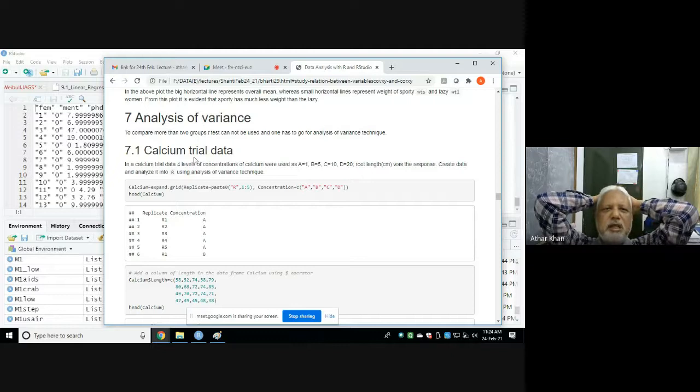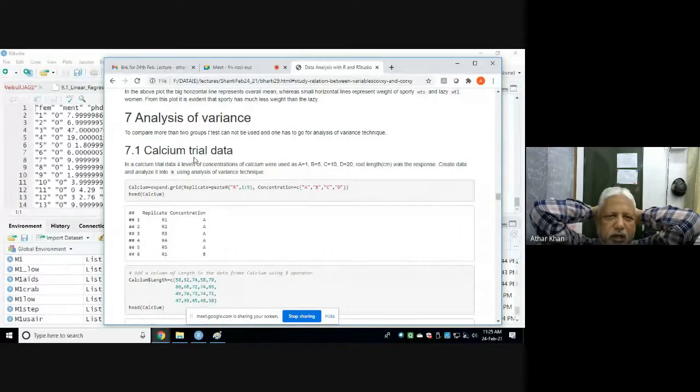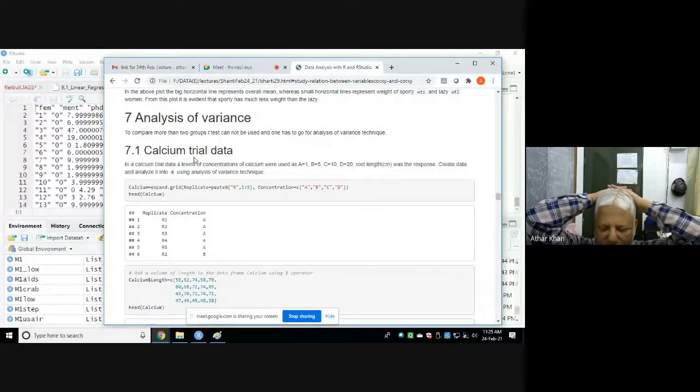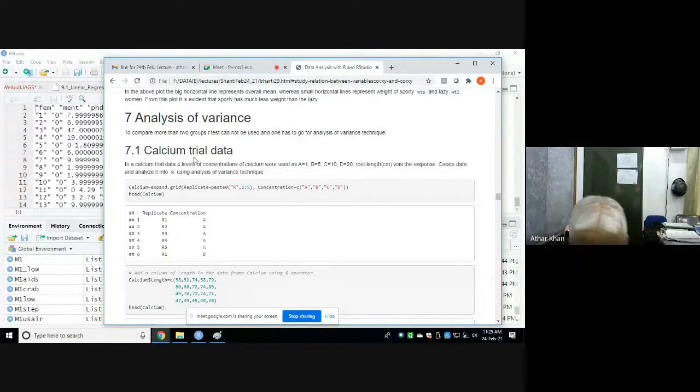One is Statistical Methods by Snedecor and Cochran. Actually, that was the manual of the Iowa Stat Lab of Iowa State University. And nowadays, the title of this book, I'm unable to recall.